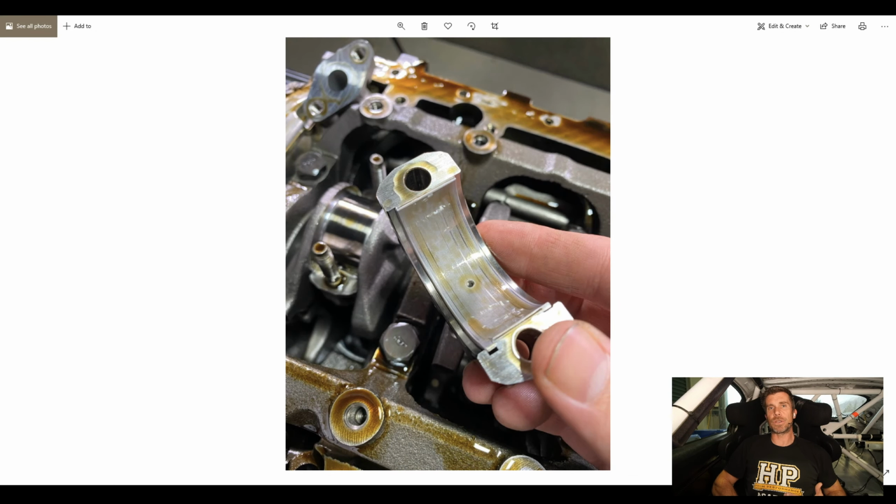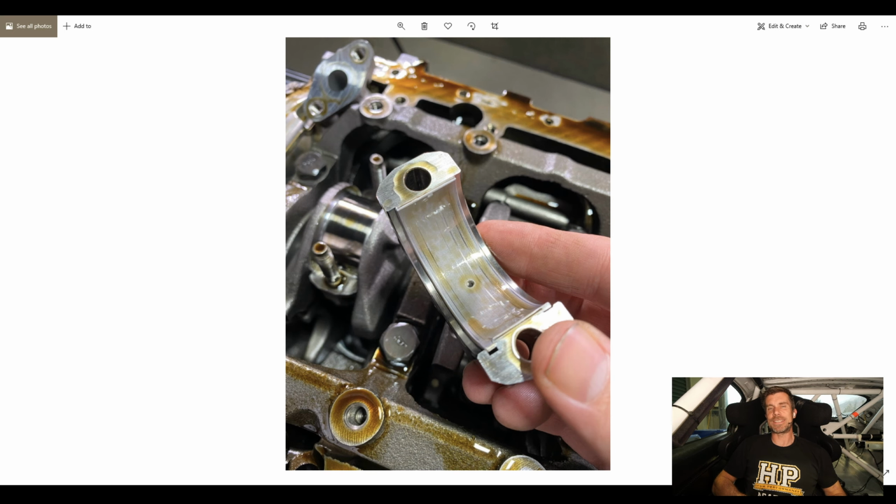I'll jump over to my laptop screen. Got the opportunity last week to film the first couple of modules of this, and one of the aspects here is disassembling the base engine components and seeing what we've got to deal with. This is always a little bit of a mixed bag, particularly when we're dealing with an engine that we don't know the history of. We're hoping that we've got something that is in good condition, even though we are replacing a lot of the components here.